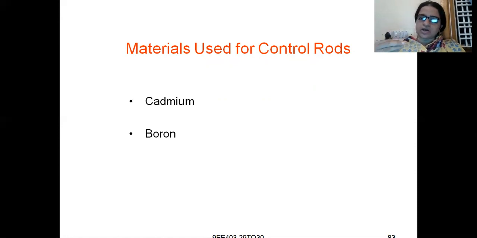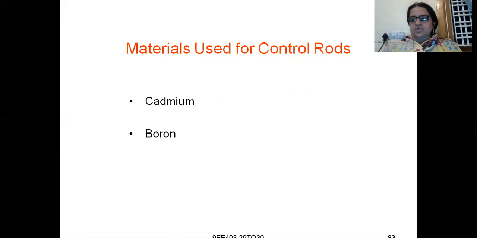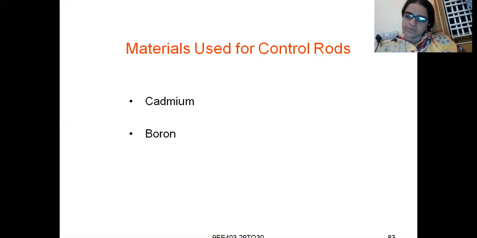The control rod arrangement is done according to how much heat is liberated. If the control rods are placed very near to the nuclear fuel, more and more neutrons get absorbed. If they are placed a bit farther away, the control rods absorb neutrons slowly. If they are kept even farther, the absorption of neutrons by the control rods will be very slow.